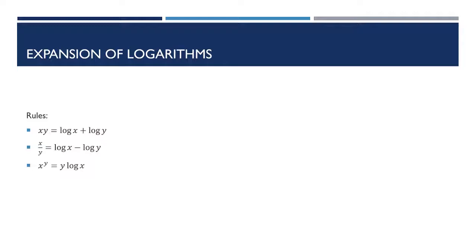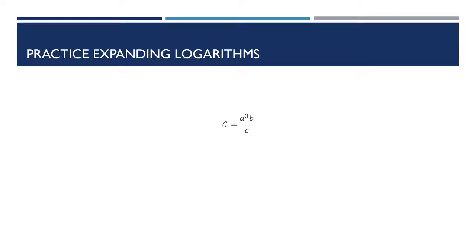Here's a problem that combines all of these rules together. G equals a cubed times b over c. The key to answering these types of questions is knowing when to use each rule. Let's start with the numerator first. There are two variables being multiplied together, and a is being raised to the third power. So when everything is placed in logarithmic form, the log of a will be multiplied by 3 and added to the log of b, giving us the log of g equals 3 times the log of a plus the log of b